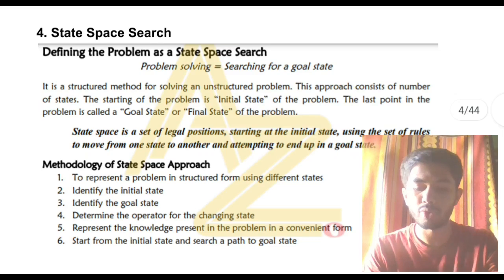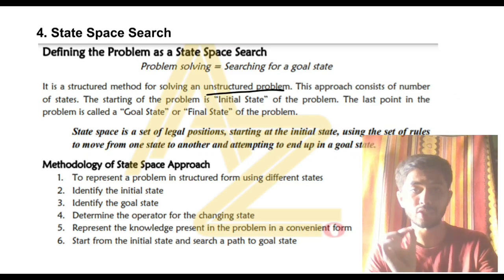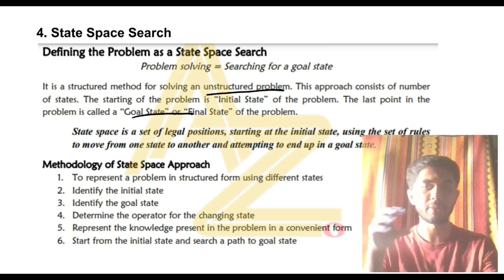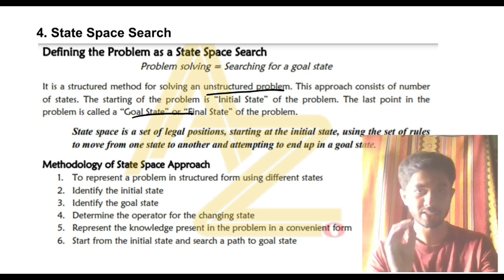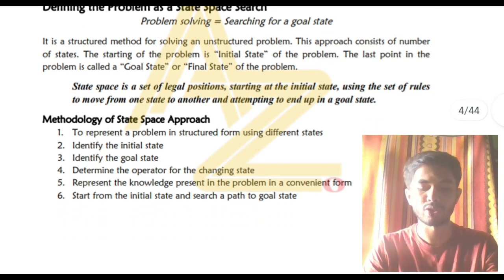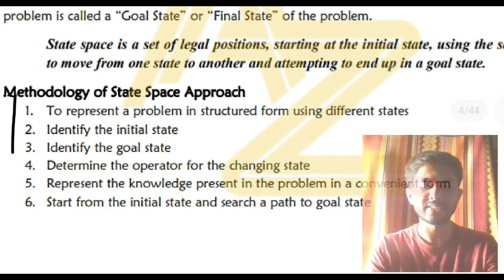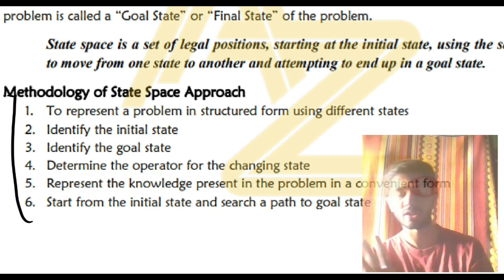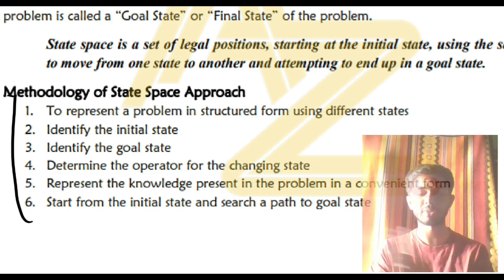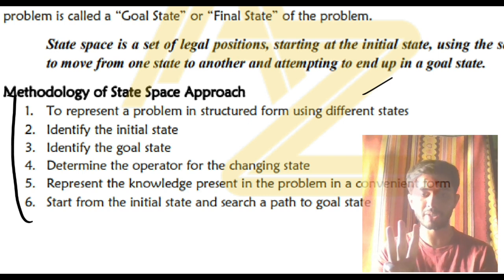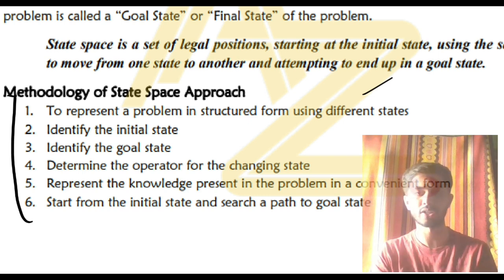It is a method for finding a solution for a problem which is unstructured. Here you will be starting from the starting state and moving to the final or goal state, and in between whatever you do is called the state space search. Now the question is how you will be doing these things. For the state space methodology approach, you can see 6 things here, but it's actually 3 things only: start, process, get the output. That's all. Every algorithm is like this, with some slight differences. We don't care about the slight differences. The main things you need to keep in mind, and elaborate the answer accordingly, according to the context.